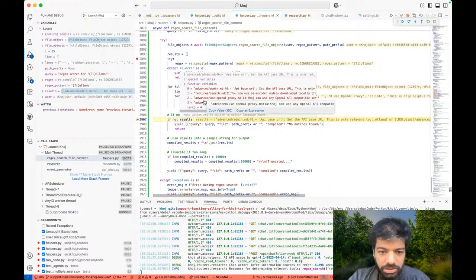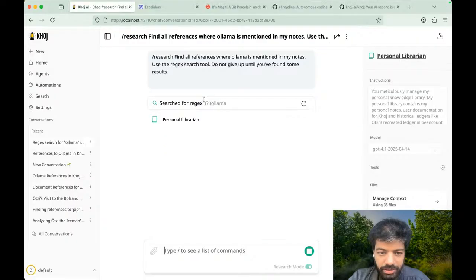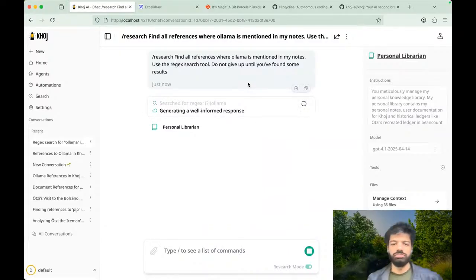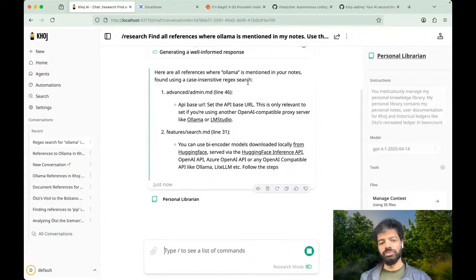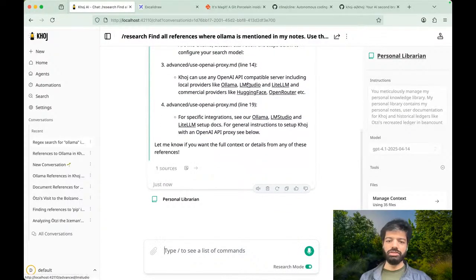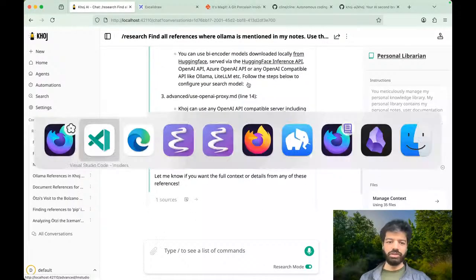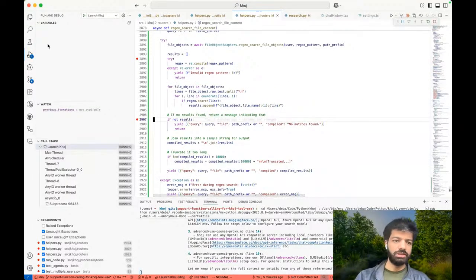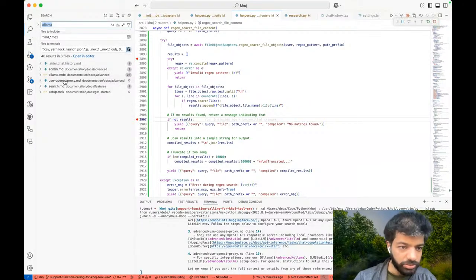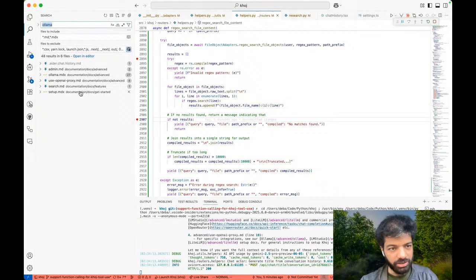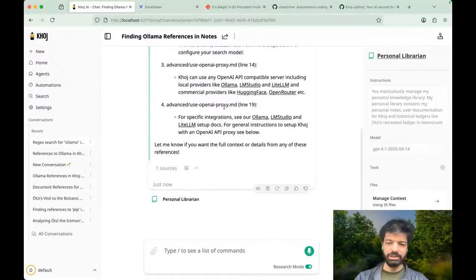3 of the files. And then, okay, so we've gotten it in the 4 files, I guess. We've gotten it in the 4 files: 1, 2, 3, 4, 5. It needs to be in 5 files, but it's found it at least in 4 files. And